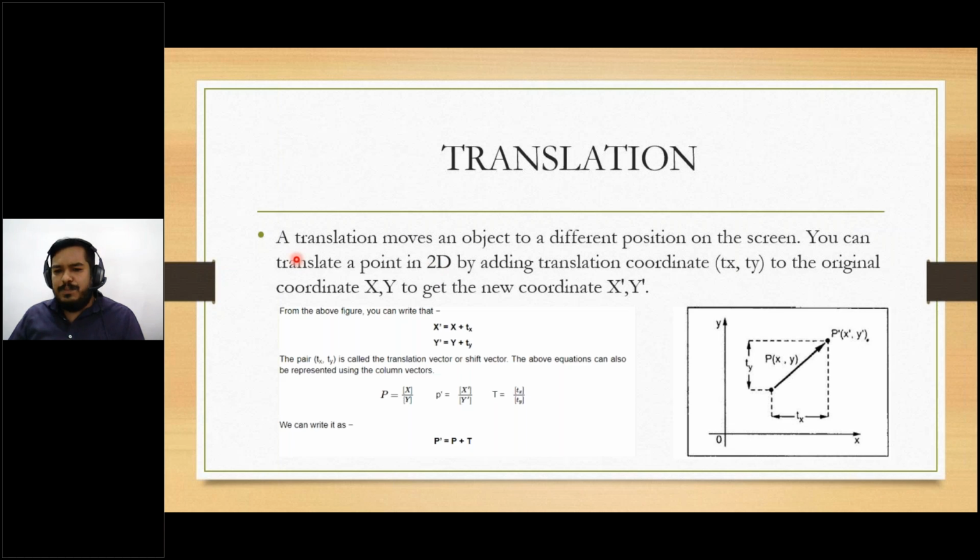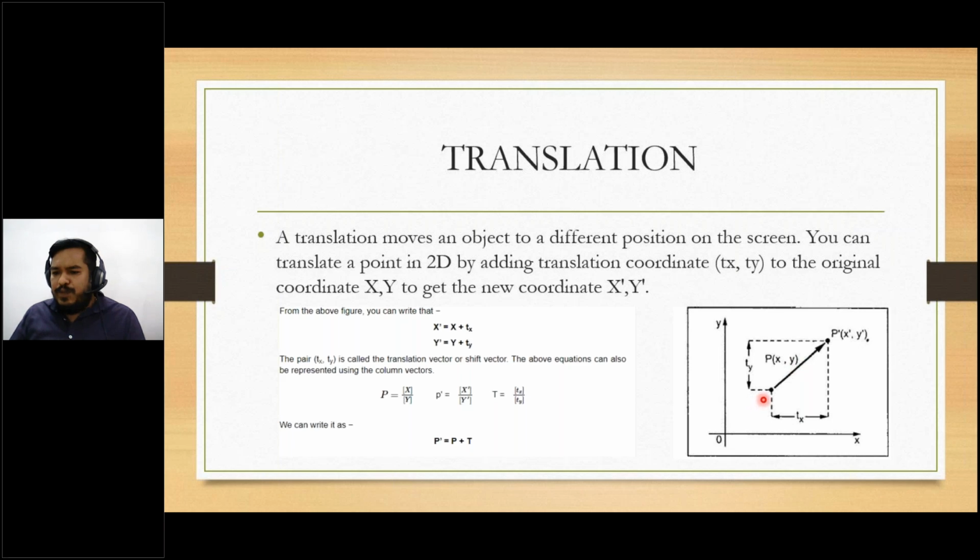A translation is basically moving an object to a different position on a screen. That means, if an object is present over here and it is named P, which has a coordinate x comma y, and if you are moving that particular point from here to that particular place, that is called P dash, whose coordinate is x dash comma y dash,